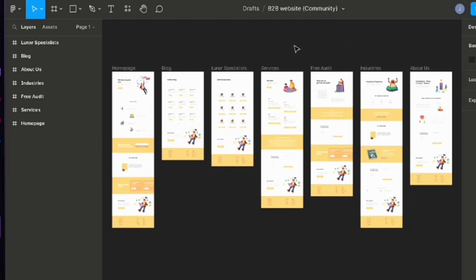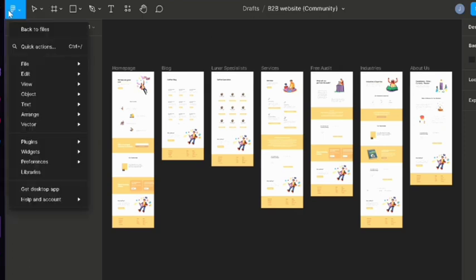Now, if you don't have any designs as of now, you can simply create your own using Figma, because it is where you can create your UI or UX for yourself. You could do designing, use your creativity to create your own website design. But if you don't want to create, if you just want to have a website that you can transfer, you